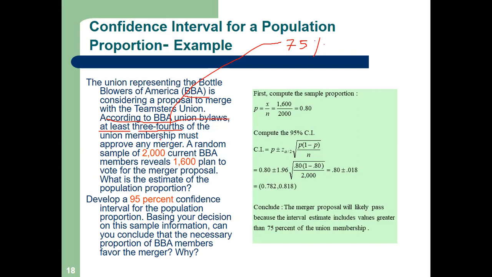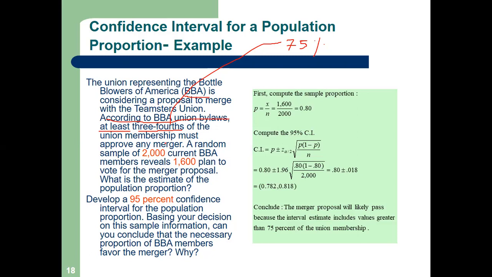What does this sentence mean? Yes, Tejasvita. So 75% of the union has approved the merger. Very good. The merger will be done when 75% of the members agree upon or vote for it. If it is less, there will be no merger. If it is more than 75%, the two unions will merge. That means majority, what happens in every election.